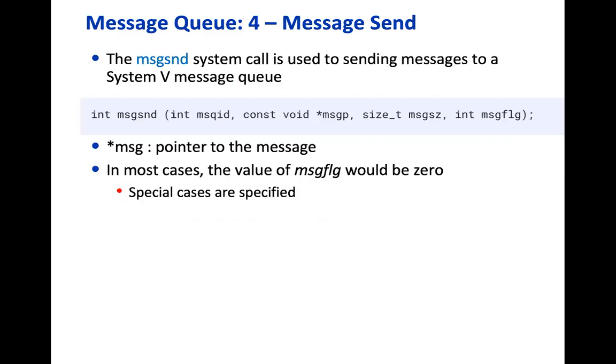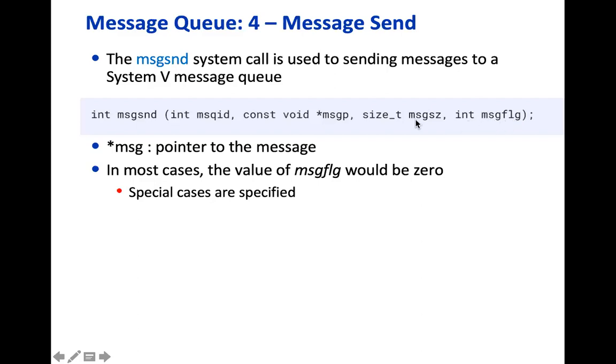Now the QID. When the P which is communicating sends, it will use this QID that it got in the earlier step, and then a pointer to the message that is to be sent, and other parameters: the message size, etc., and some flags.